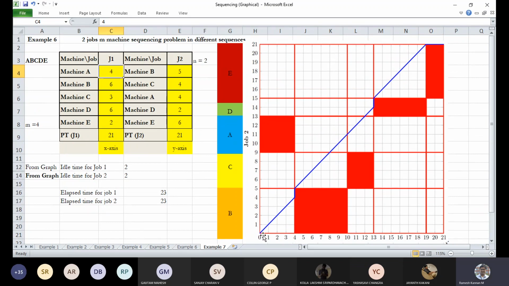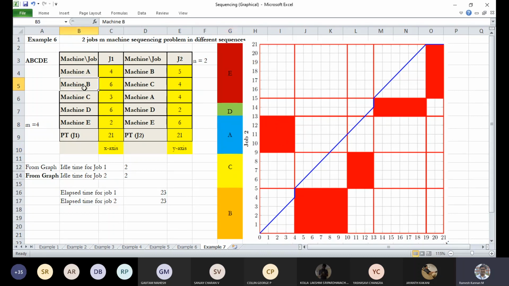And machine A, the duration for job 2 is also 4. So which means it comes here. So this is A, and which has got 4 duration and height of 4. So we'll block this particular cell. I repeat, job 1 is also 4 duration and job 2 is also 4 duration, and we will highlight this particular cell. So this is our block 1, right?